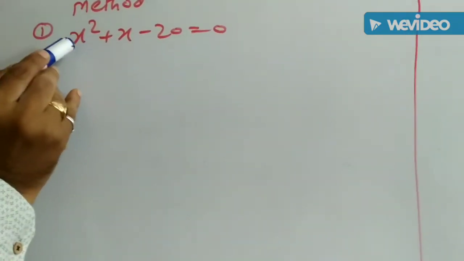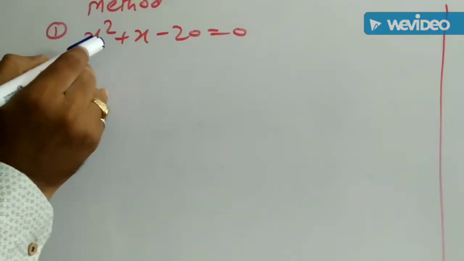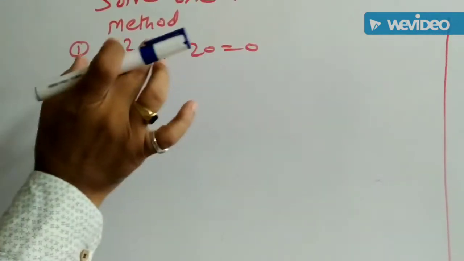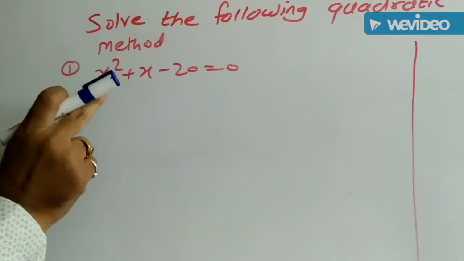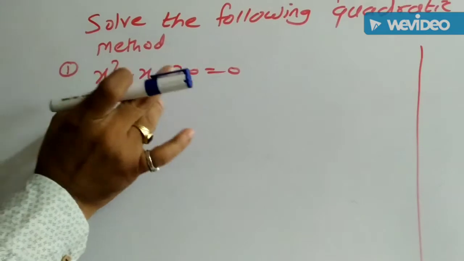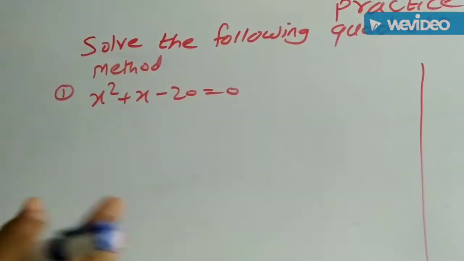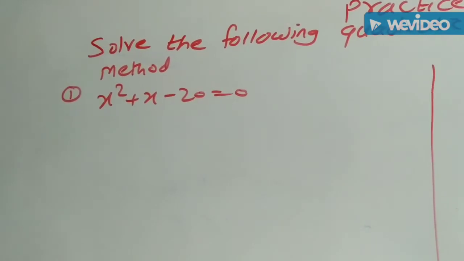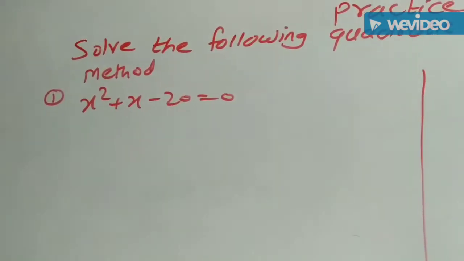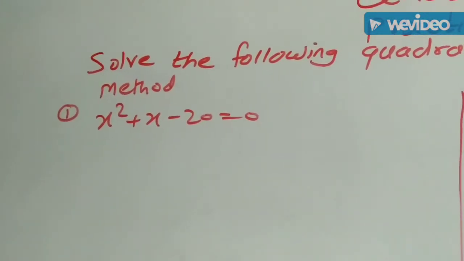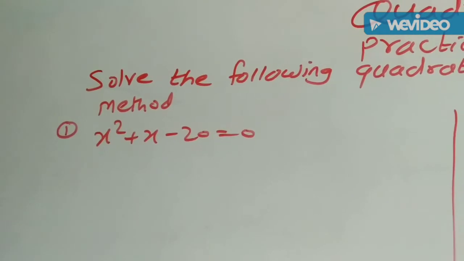Then after finding the third term, the perfect square term, add the square term and subtract the square term at the same time in the equation, and write the square of the first three terms and the last two terms, which is in the form of a square minus b square, and then solve it by the formula of a square minus b square. Now the first example is given, x square plus x minus 20 is equal to 0.